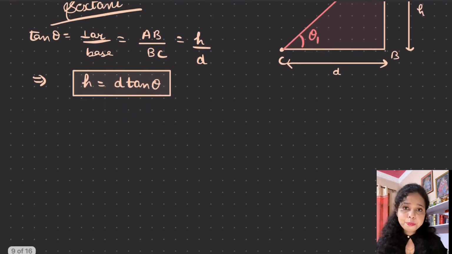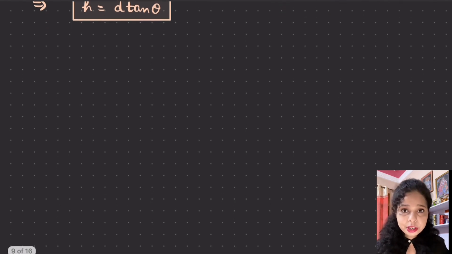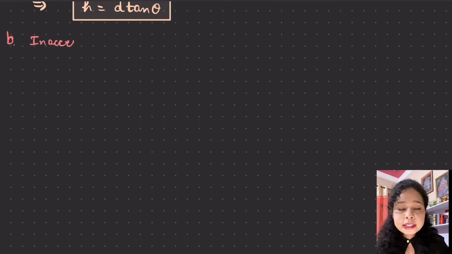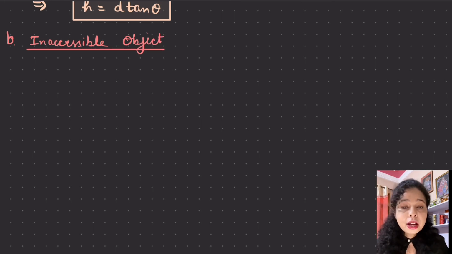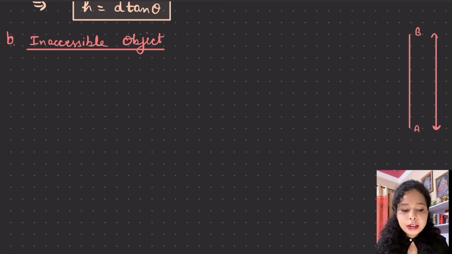accessible. Now we will use this triangulation method in order to calculate the height of an inaccessible object. So let us say we are having a hill or a mountain to which we cannot reach. If we are unable to touch that mountain, we will be standing at some distance, and we do not know at what distance we are standing from that mountain. So let us say AB is the height of the mountain and we are positioned at C. We do not know at what distance from the foot of the mountain we are standing.